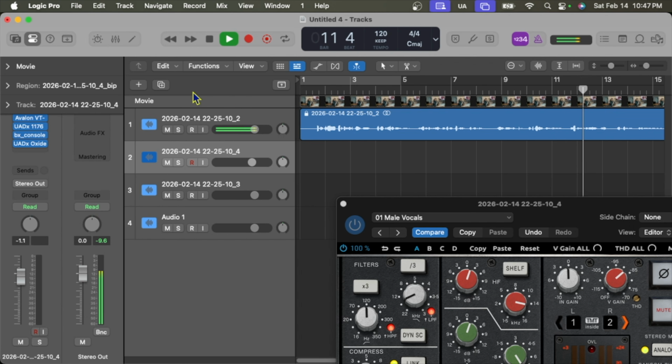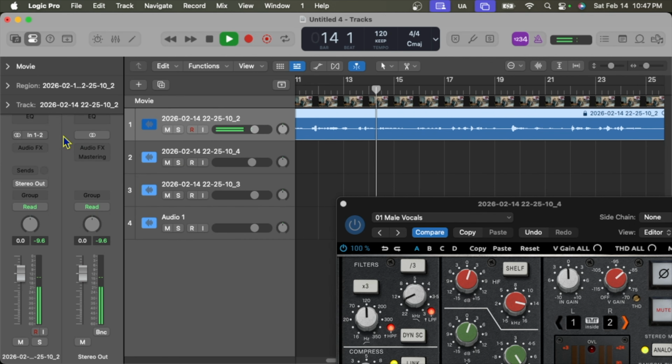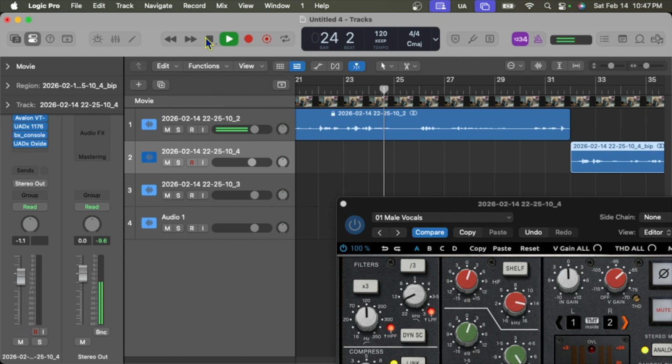I'm actually using a wireless lav that's plugged into a mixer with nothing on anything, and that's another story by itself, but you can hear how terrible this sounds. I already know how bad it sounds. I don't even need to monitor this. But all right, now in 3, 2, 1, I'm gonna go to